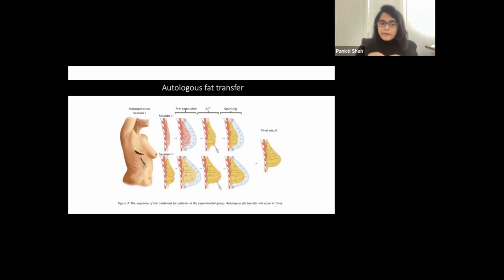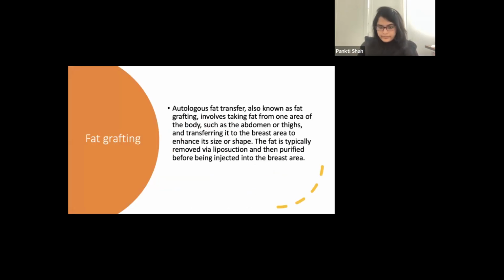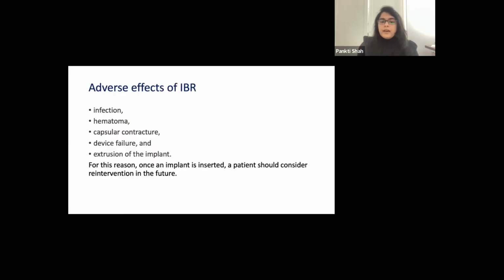After the surgery, the patient continues to wear the Brava device for 2 weeks to protect and immobilize the grafted fat, while providing negative pressure, which stimulates neovascularization. Most likely it requires 2 to 3 sessions to achieve the desired results. So this is the same definition we talked about.